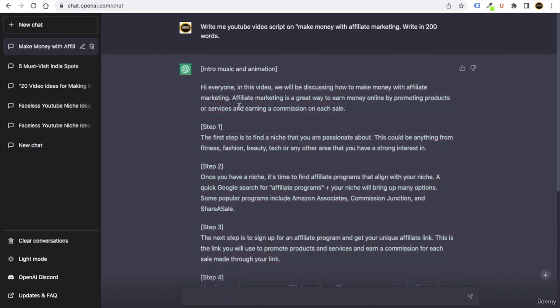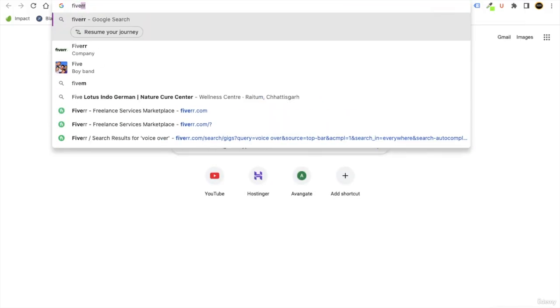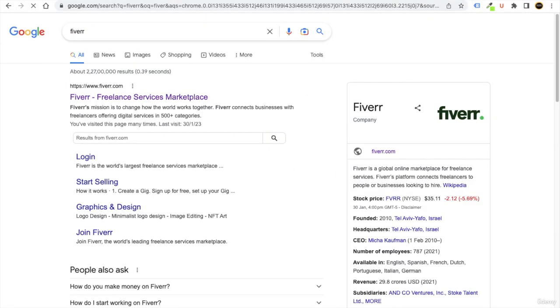Now the problem is how you are going to convert this particular script into audio. That is the problem. There are three options. The first option is to record yourself, like I am recording. Just record your screen or record your audio, and that's great. That's it. The second option is to go to some freelancing websites like Fiverr, or you can hire